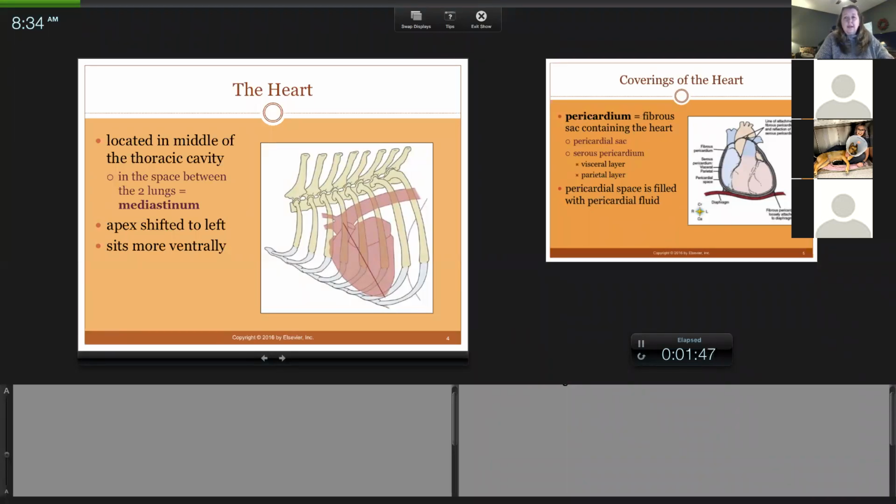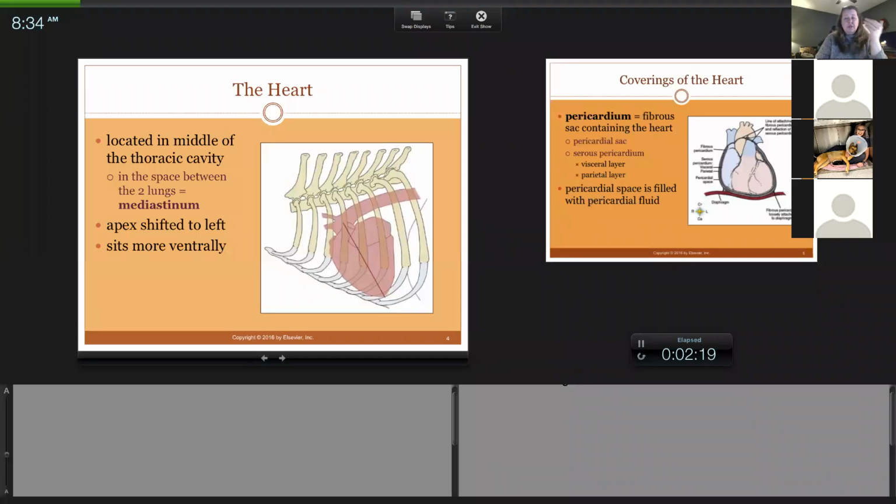So again, if a dog was standing about where the point of their elbow sits against their thorax, if you slide your stethoscope under there, that's about where you should find the heart. And the other thing to notice is, remember, we looked at those x-rays of dogs that should be pointing caudal. Okay, the heart does not sit straight up and down, and it does not point forward. It should be shifted caudally.